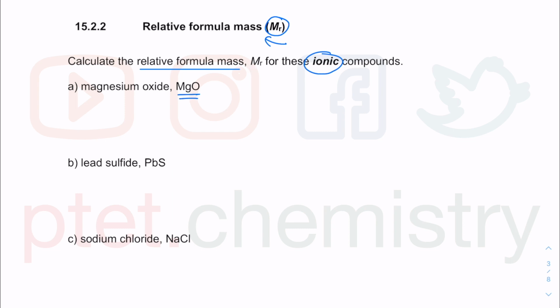This is an ionic compound, so naturally we know the formula is MgO because we know Mg2+ from the group 2 metal will lose 2 electrons to achieve a fully filled outer shell. From a group 6 non-metal, it will gain 2 electrons to achieve a fully filled outer shell. These were part of your atomic structure as well as part of your ionic bonding topic when you drew the